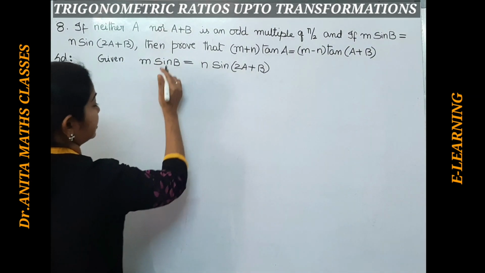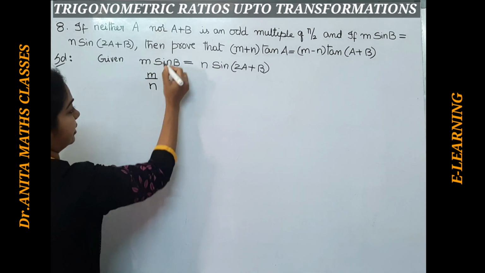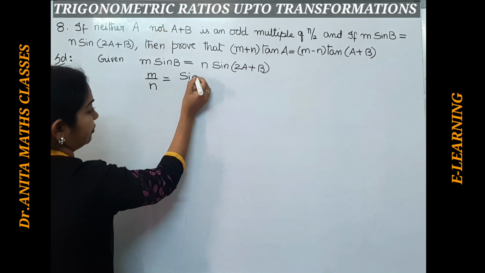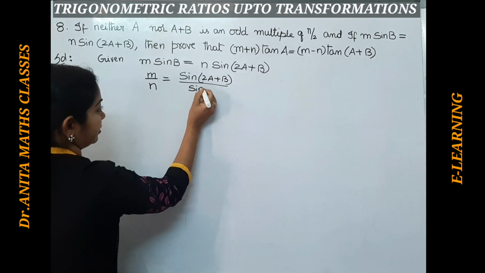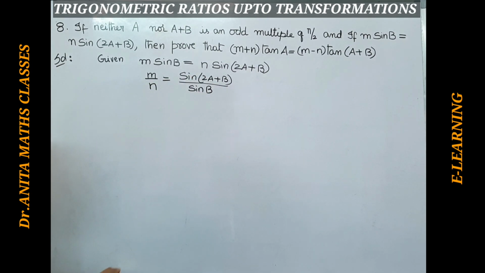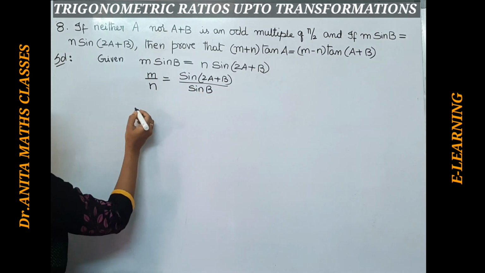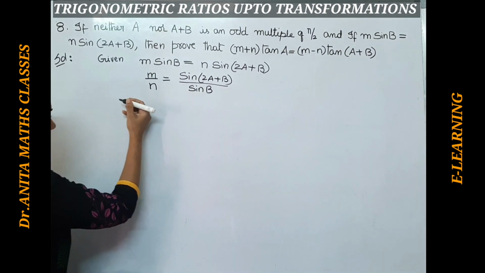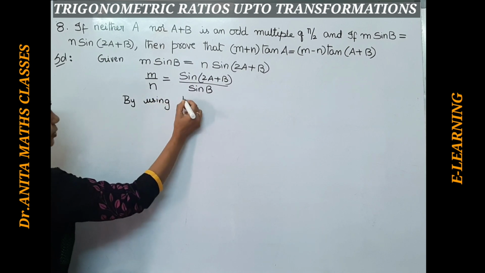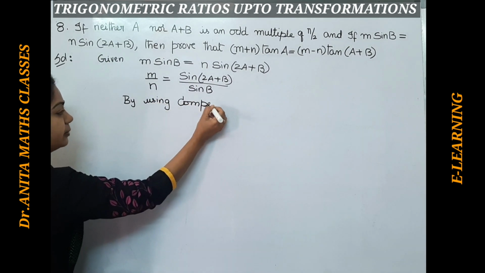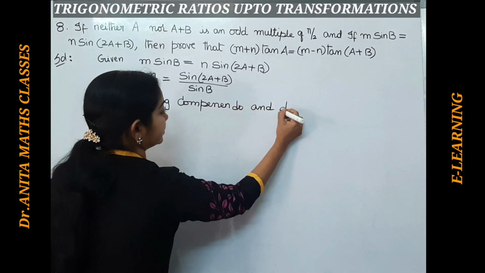Let us write it in this form. If I divide by n and shift this to this side, it becomes m divided by n equals sine of (2A plus B) divided by sine of B. So we have written it in the form of a division. And here, we will be applying componendo and dividendo. I hope you all know componendo and dividendo. By using componendo and dividendo, we get